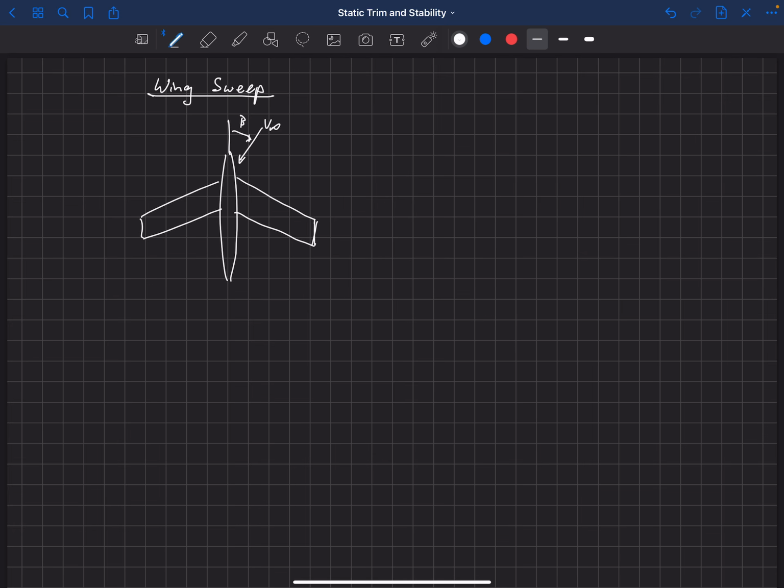Okay, so if we look at the simplified model of the vortex system here, we know that the vorticity kind of follows the chord line and then is shed. And actually it's a whole vortex sheet back here. But this is what that simplified model of the vorticity looks like. And so what happens when we have some side slip angle is that,